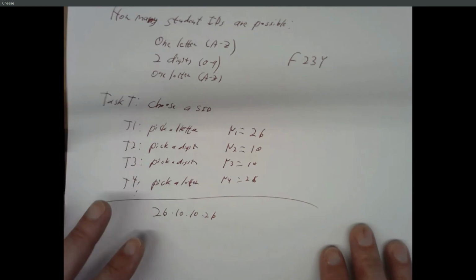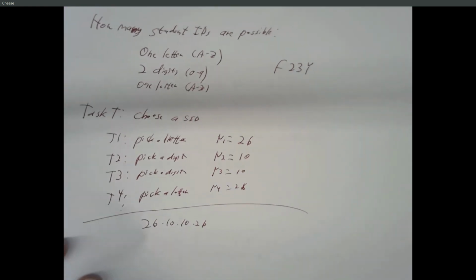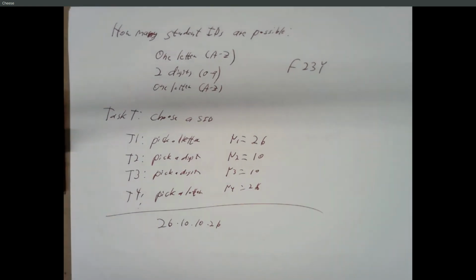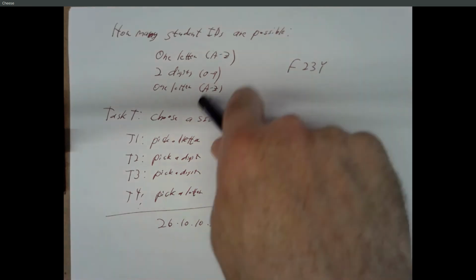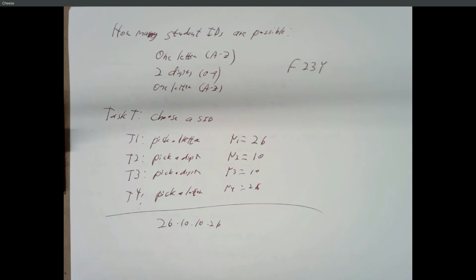All right, just for kicks, let's go back to our student IDs. And suppose that we're doing the same thing, but we have a new requirement that every character has to be unique. So we can't use the same letter twice, and we can't use the same digits twice. Is that significantly harder to solve this question for? No, could you just decrease